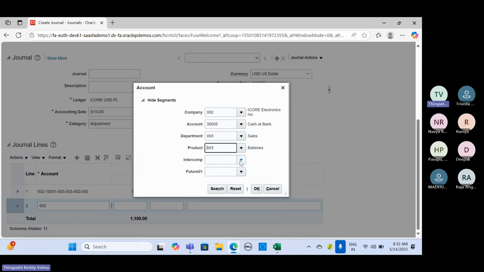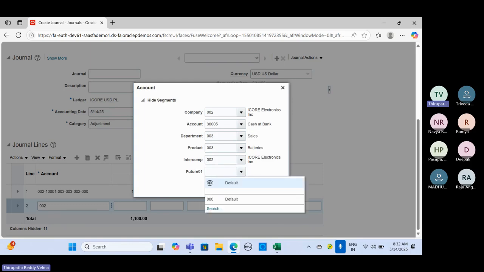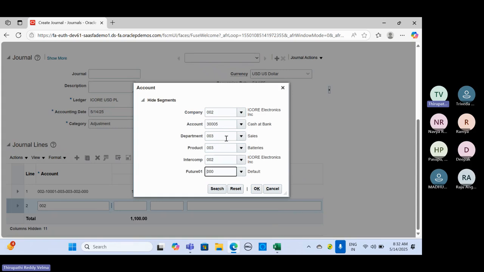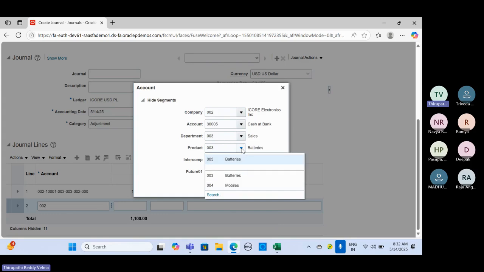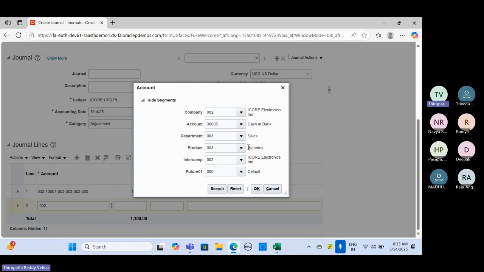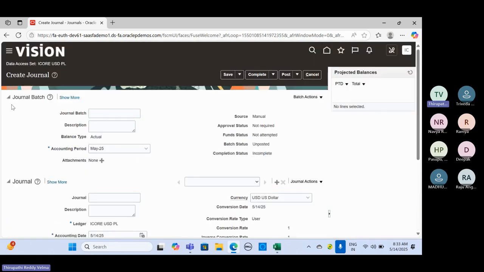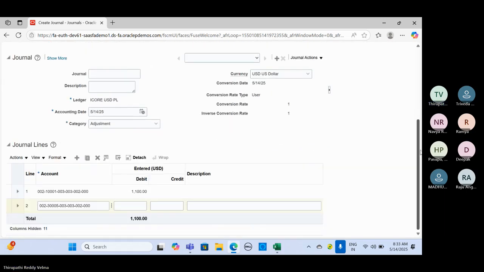And the other would be, let's say from the concept of cross validation rules, when you define your cross validation rules, all the restricted segment values also used to be displayed in the list of values. As and when you select the irrelevant code combination and try to click on OK, at that time it used to populate an error message behind the screen. So when does that error message come into the picture? When you click on OK. What happens when you click on OK? The application tries to create this code combination. So when the application is trying to create this code combination, it puts some effort into creating that code combination. In return, it creates some load on the application. So to avoid such kind of